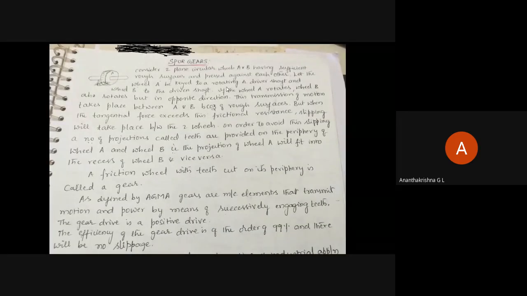As for gears, as we know, when two cylinders are pressed against each other and one is given an angular velocity, because of the roughness present on the surface of cylinders A and B, the one which is called the driver will drive the other wheel, which is called the driven. If the velocity of the driver increases, the force of friction will not be sufficient, so slipping will occur.